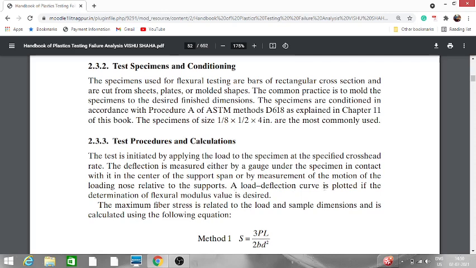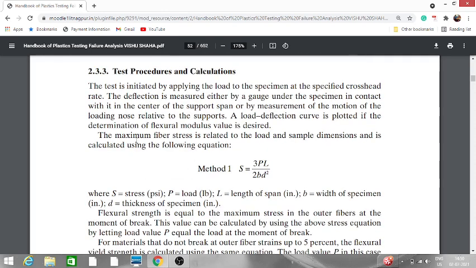A load deflection curve is plotted if the determination of flexural modulus value is desired. The maximum fiber stress is related to the load and sample dimension and is calculated using the following equation, where the maximum fiber stress S equals 3PL upon 2BD square, where S is the stress in PSI,